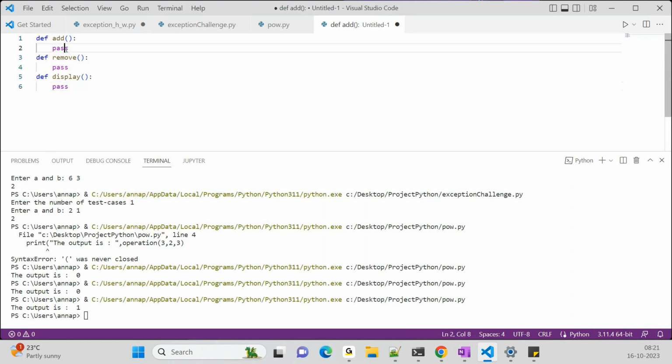So when you have to add, you are going to print some statement to the user telling them, please enter the item you want to add to the list. Then later you're going to add it to the list, right? So let me create a